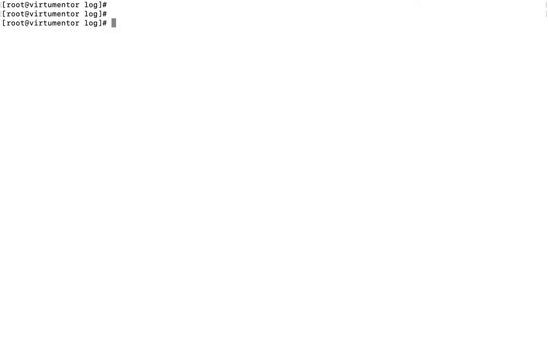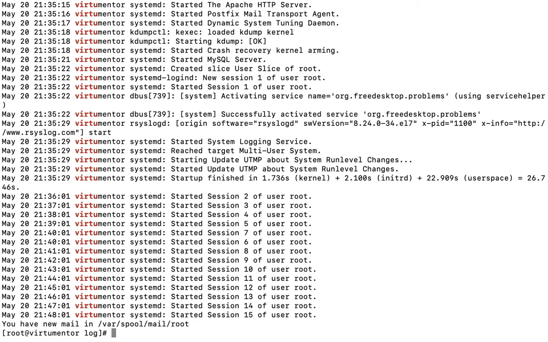First, I'll tell you about the grep command. The grep command can be used in two ways. First, we can read the complete file and then, using the pipe symbol, search for the pattern. In this command, I'm first reading all the content of the file using the cat command, and then using the pipe symbol I search for the virtue keyword on that messages file. So here is the output.